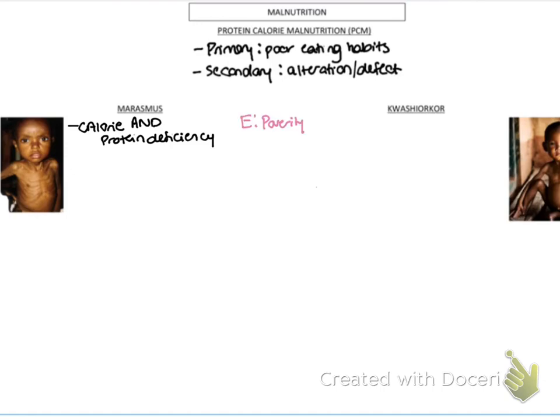It's typically prior to 1 year of age. And again, it's caused by poverty and no food supply. Oftentimes we'll see that they have some kind of infectious disease too, because their living conditions aren't great. So then on top of it, they get diarrhea, which doesn't help the situation. But oftentimes it's just because they don't have the food to take in.